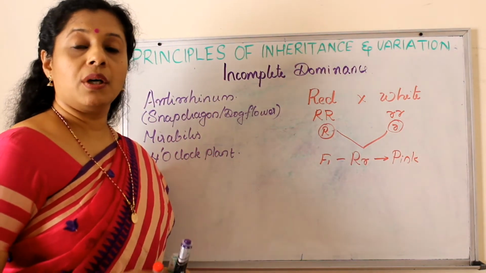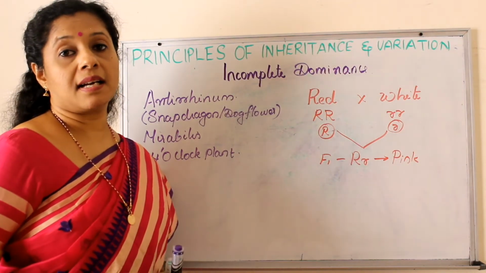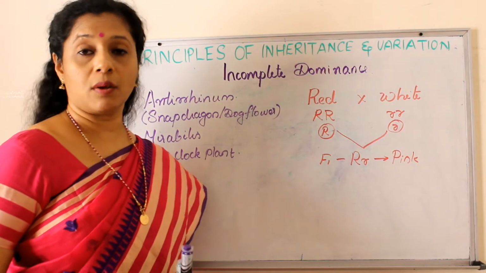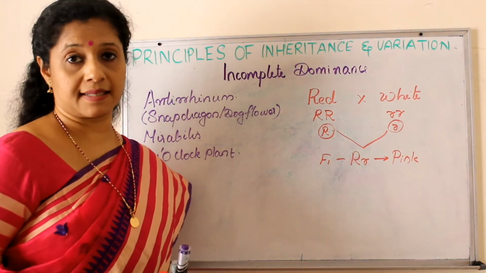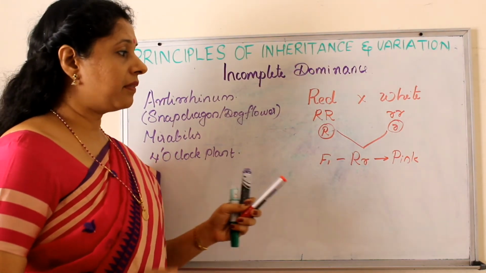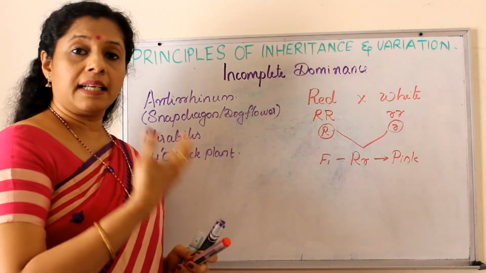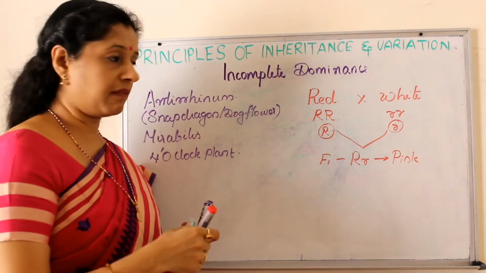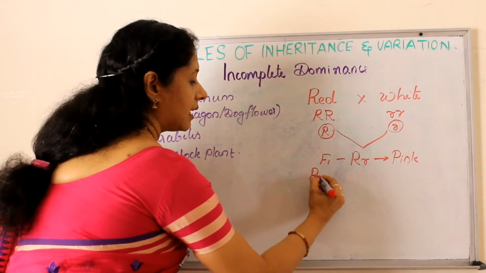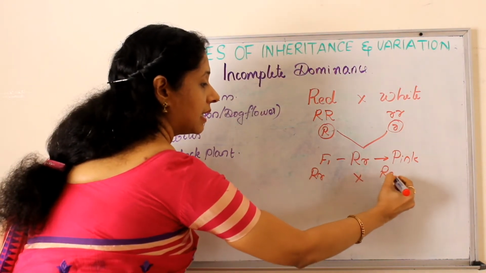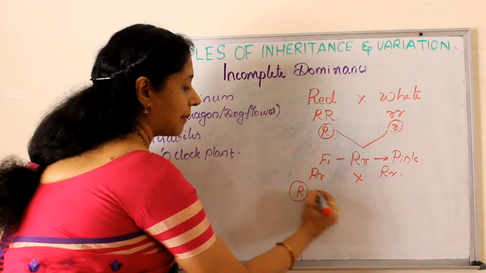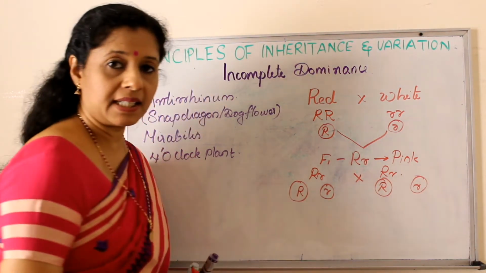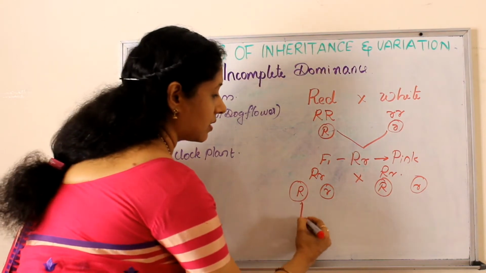Okay, so here an intermediate character is appearing. That means this red color is not completely dominant over white like the Mendelian cases, right? So to find out what happened in this case, the pink plants were self-pollinated, just like how Mendel followed his work. So capital R, small r crossed with capital R, small r. So we get capital R, small r, capital R, small r, right? I'm just doing crisscross without a Punnett square.